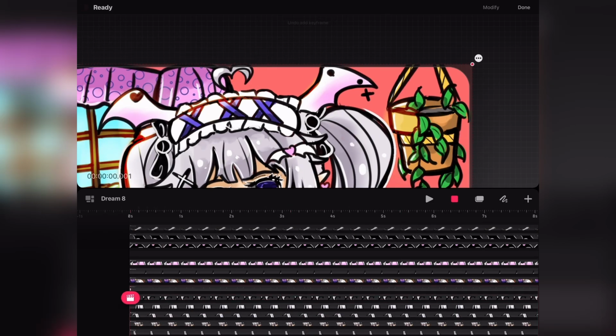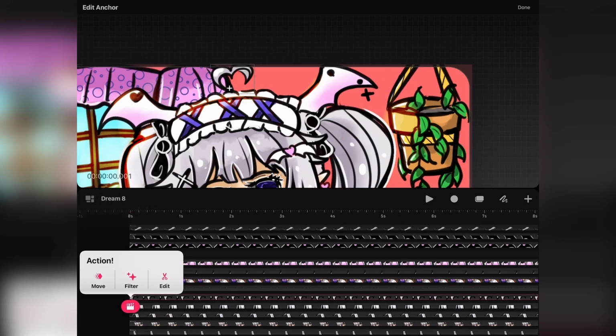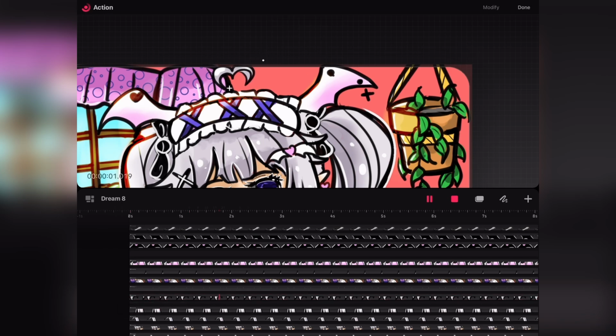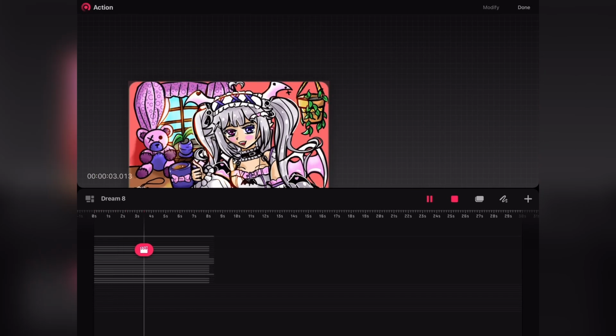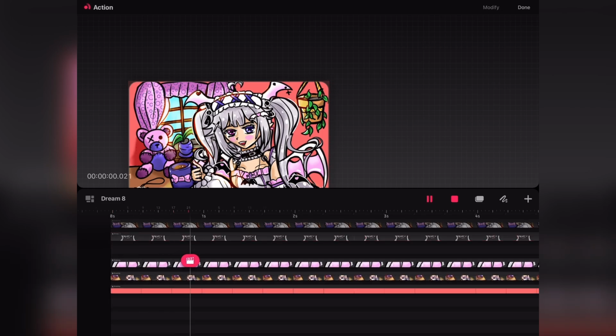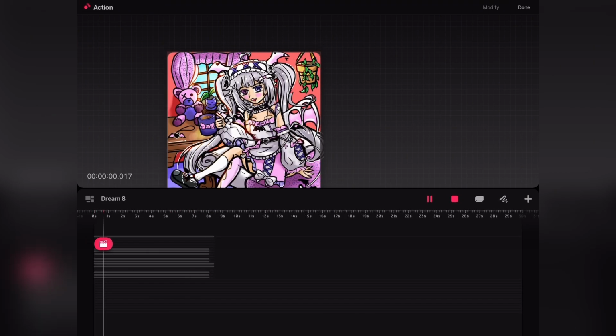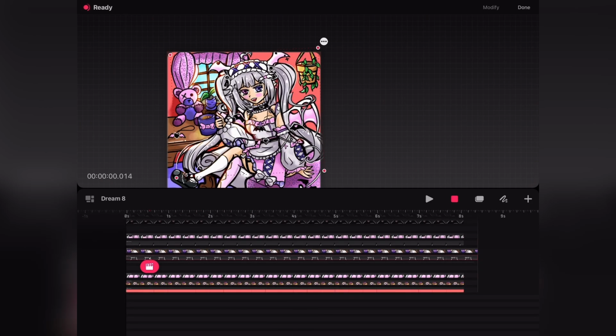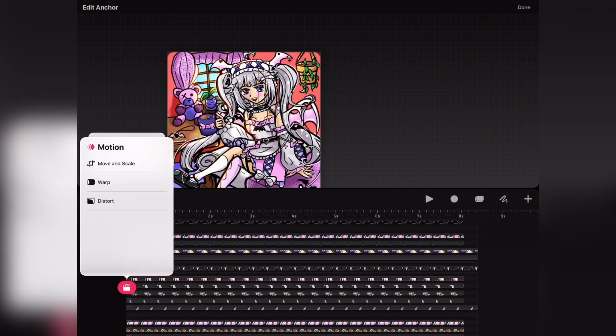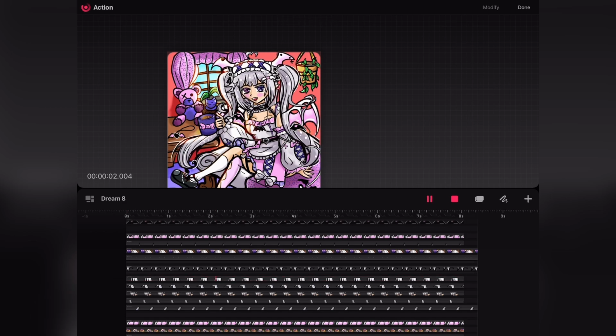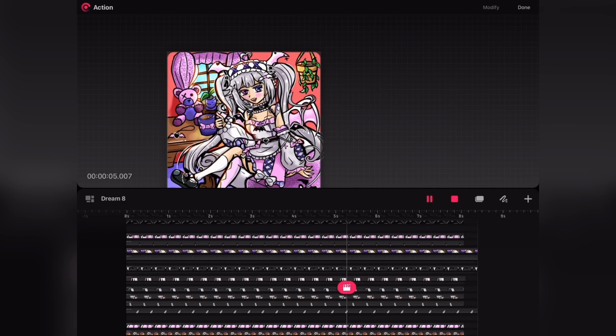So pretty much the things that I worked on moving was the hair bits, and then some of the wings. I didn't do her head wings. I did her wings, and then the black wings I animated, and then I did her tail, and then one of her feet. Once I was done basically going through each piece and making sure it all looked good,